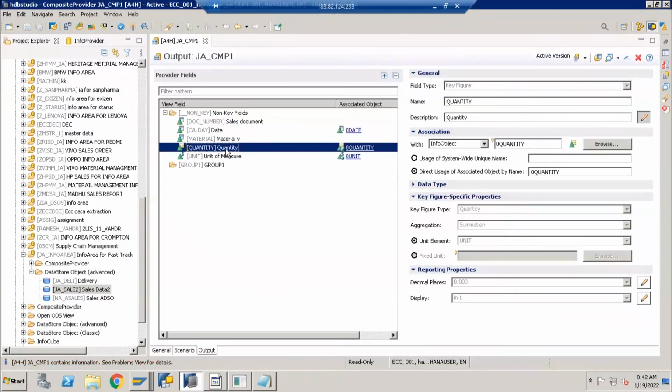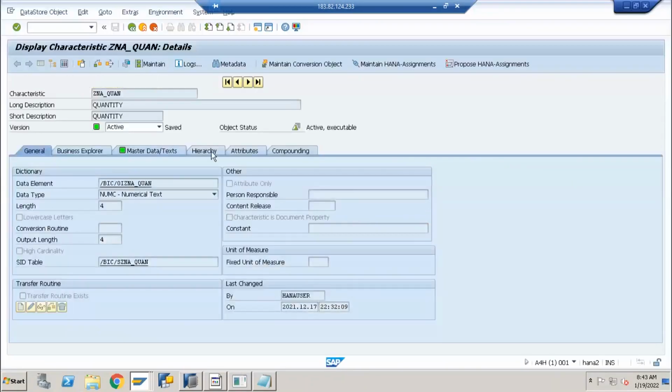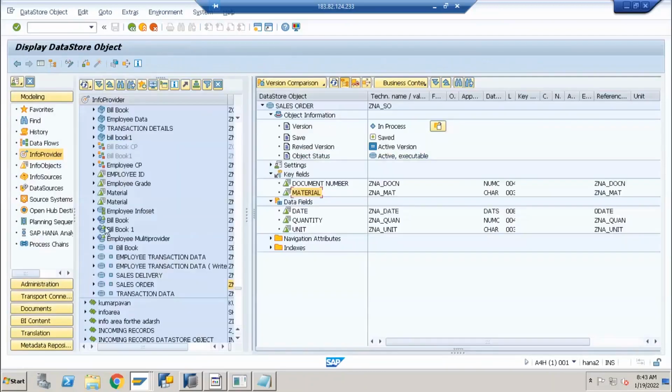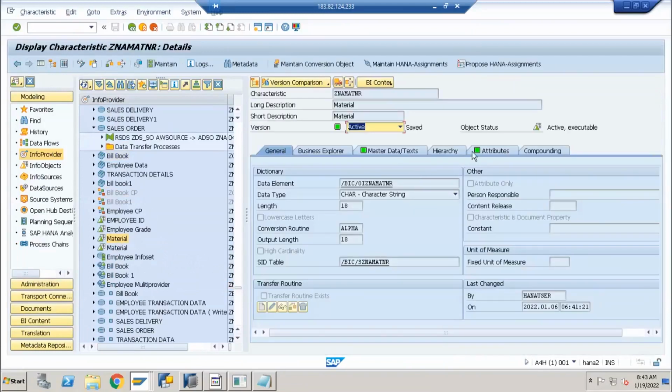Now what I did, I updated the corresponding info object to it. What is the benefit of adding an info object to it? When we do reporting on the BEx query reporting side, I can take leverage of all the functionalities of this info object. So the best way for you is material. Currently, let me see, one minute. If I go to this material master data, there are no attributes here. I have some material master data info objects here. Material, yeah, attributes are there.